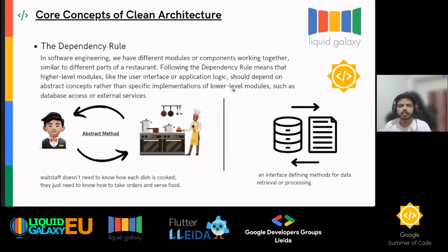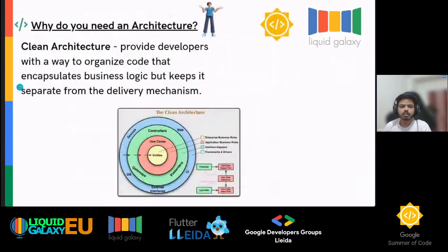Okay, so the next thing is the core concepts of the clean architecture. It is very necessary to understand some of the core concepts. The very first thing is the dependency rule. As I have already discussed, just like the waiter didn't know how the food is prepared, he just knows that he has to take the order and serve the food. Similarly, in software engineering, we have different modules or components that work together, similar to different parts of the restaurant. Following the dependency rule means that higher level modules, now coming to this picture again,